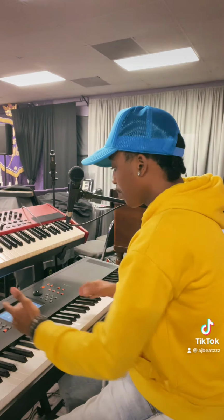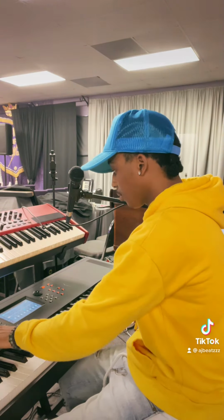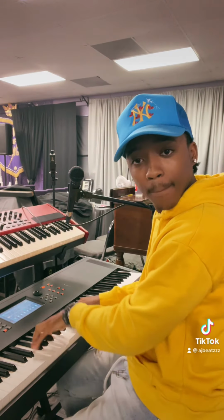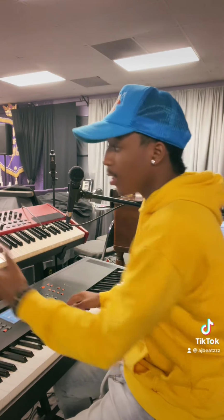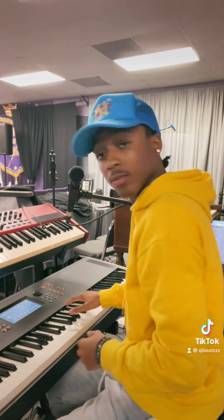So for example, if I put some strings in, a little pad. Let me turn the Nord down so you hear just the MOD-X. Right? So remember my last video, I showed you guys how I had everything set up through my mixer. Same way I have it set up through our main board, right? So if I want more piano, I turn my master on my Nord up. So, right,